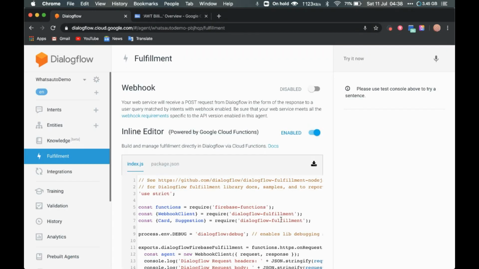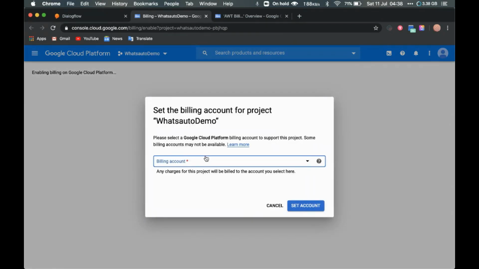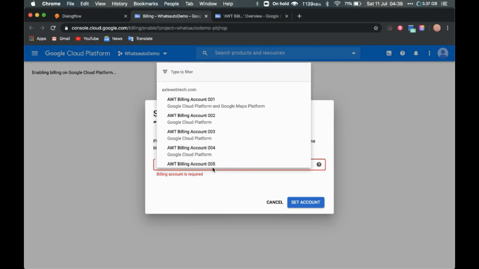Now you just need to come here and click on this open console, and you will see the billing account which you have just created. Select your billing account and then click on setup.